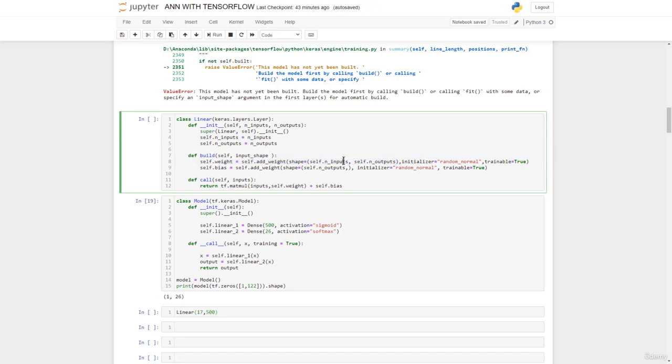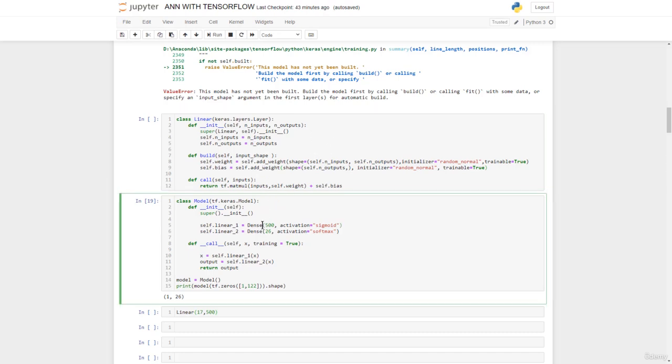Obviously we have the number of inputs, number of outputs, and then for the biases we just take the shape from the number of outputs. We've seen this already. We have the initializer and we'll say whether it's trainable or not. So let's take this true and this true. So that's it. We've defined this linear layer. So yeah, we could take this linear and then here we have this linear. So now we'll take this 17 and then here